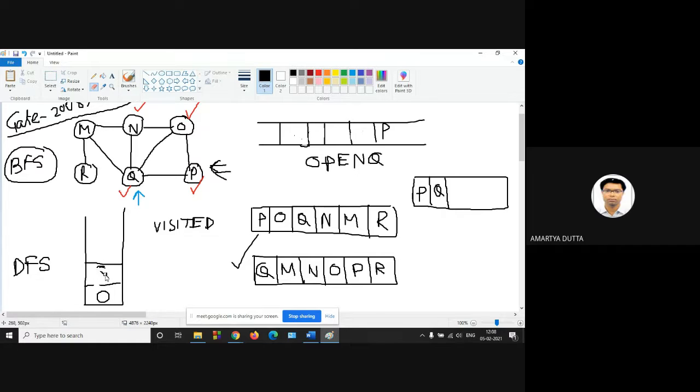And from Q, we get O and M, N, Q, and P. P is already in visited, and Q is visited. So N, sorry, N and M. So N is written here and M. Okay, N and M. And next,